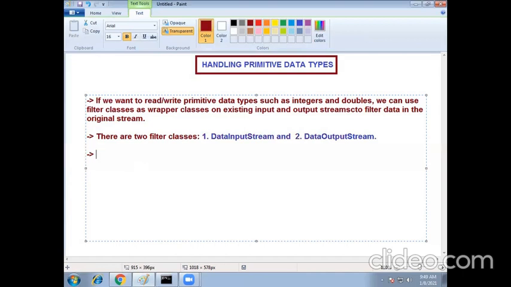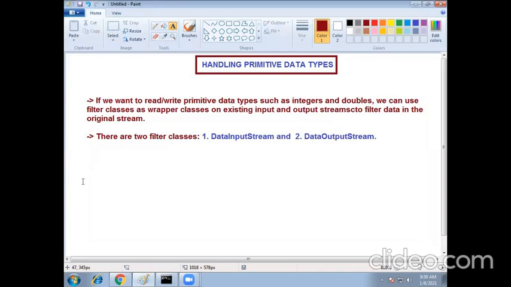These are the two different types of streams, also used as filter classes.